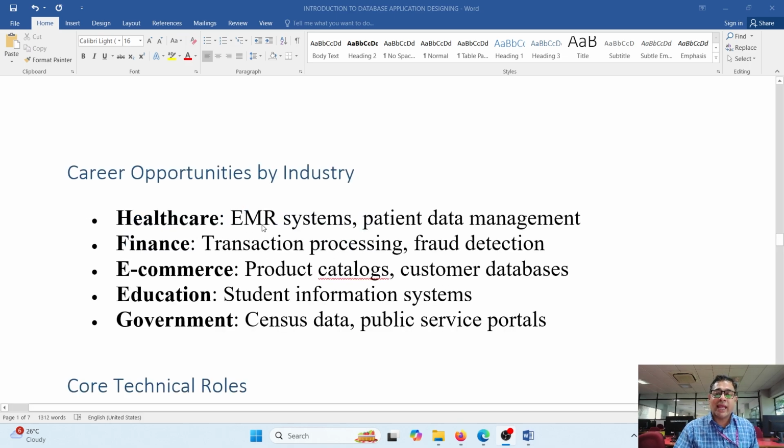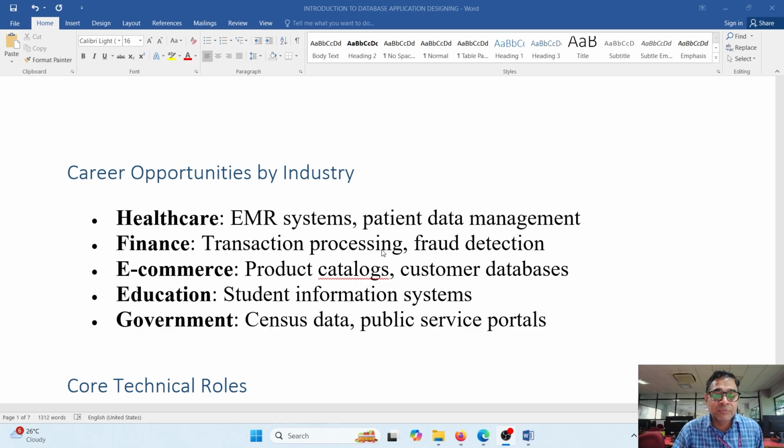It can be used in healthcare. It is used in finance. It is used in e-commerce. It is used in education. It is used in government. These are some of the examples that you probably see. When you go to the hospital, there is patient data management available. In finance, your fraud detection, transaction processing, banking, and all those things, whatever you see, the